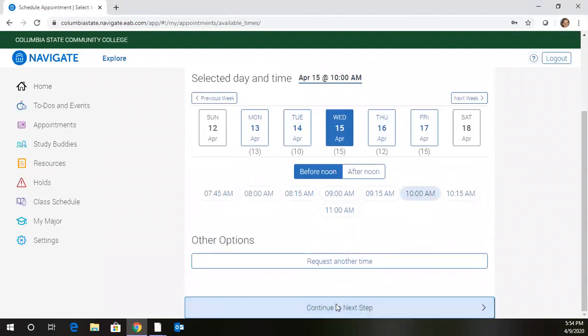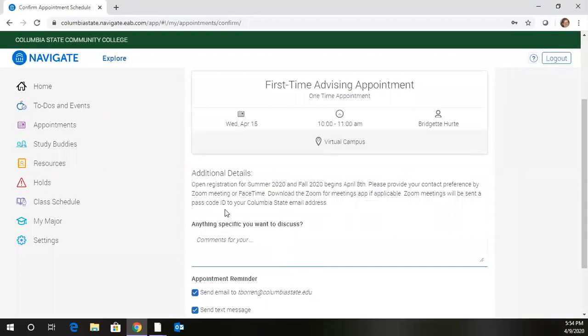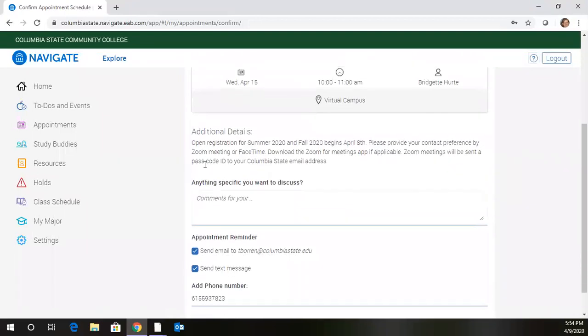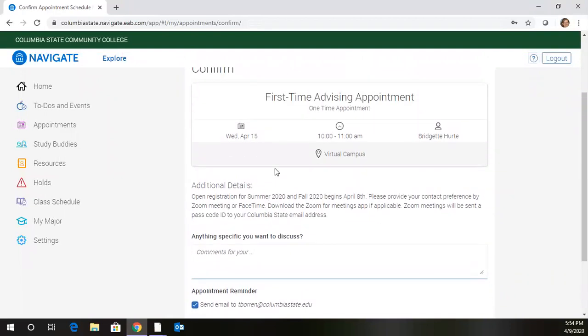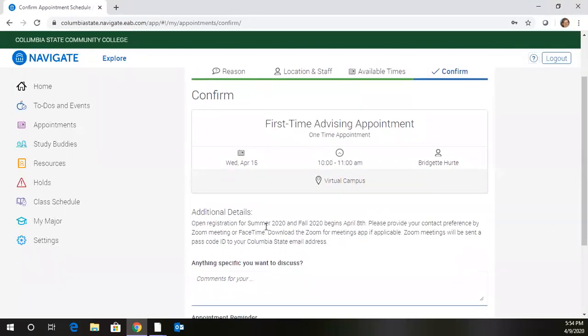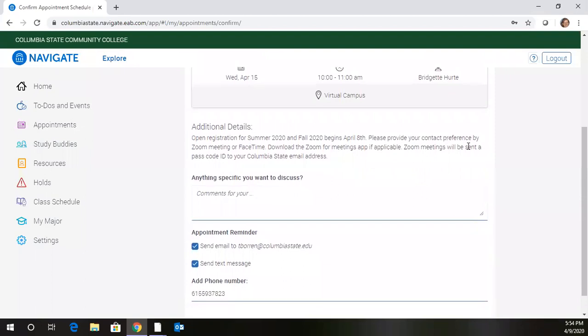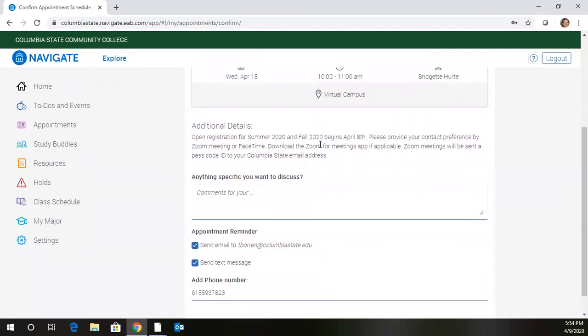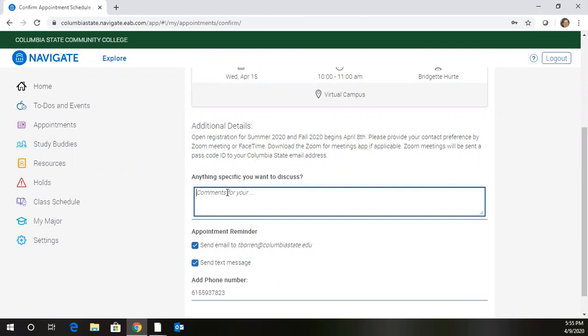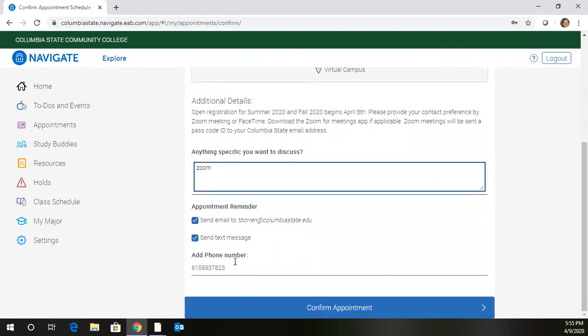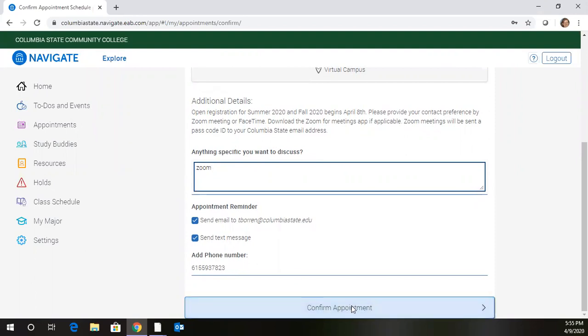I'm going to continue to the next step, and Navigate will select somebody who is available. So my appointment is going to be with Bridget Hurt, and it says to please provide contact preference by Zoom or FaceTime. Download the Zoom for Meetings app if I'm going to use Zoom, and it will be sent to my Columbia State email address. Okay, I'll do Zoom. But I'm also going to go down here and add a phone number to make sure that Ms. Hurt can get in touch with me in case something comes up. So now I'm going to confirm my appointment